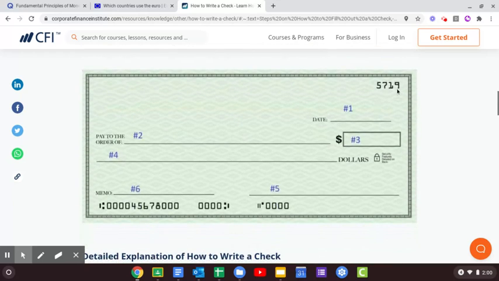Let's talk through it. So this is your check number. Date, you're going to want to write this in here first. Pay to the order of who's getting the money. Now, when I was younger and growing up, this was to be done in cursive. I think it can be done in print more and more. But like I said, when I was younger, this was to be done in cursive. You're going to write right here who it would go to. What's their name? Let's come back up here.